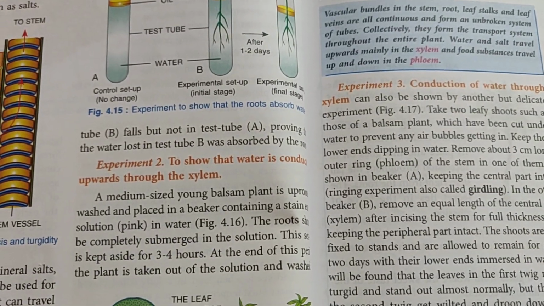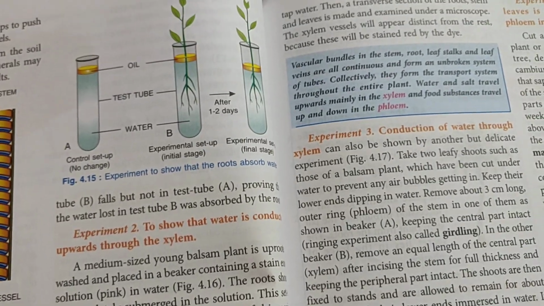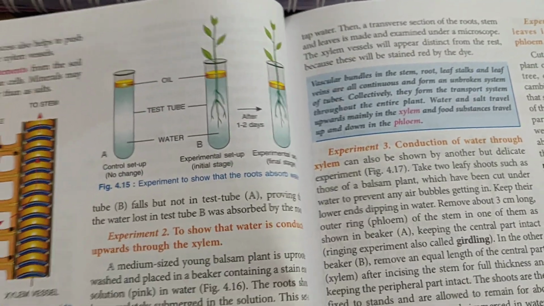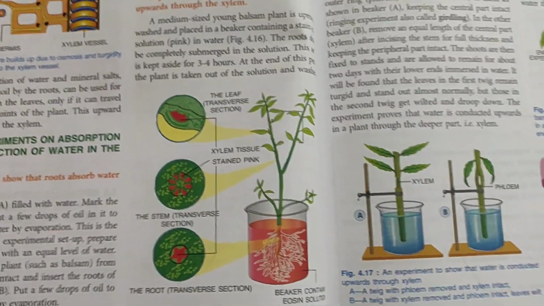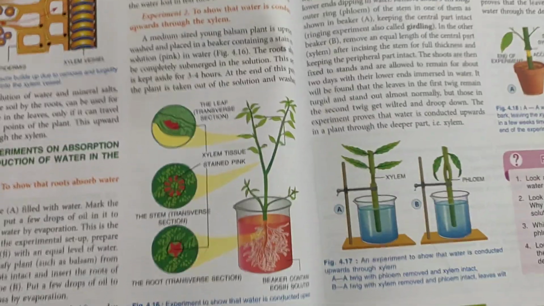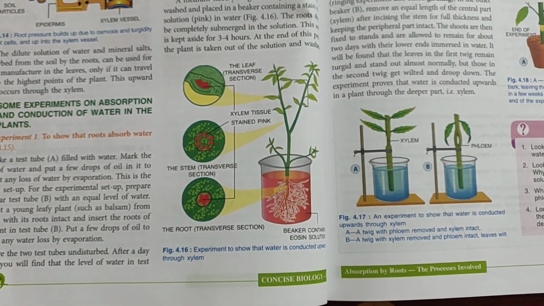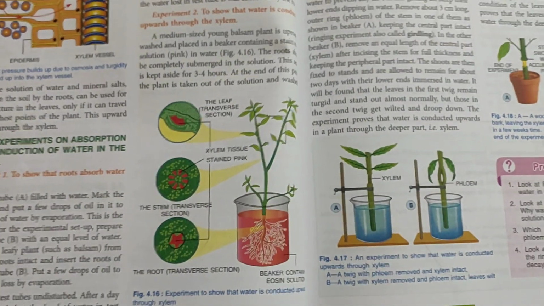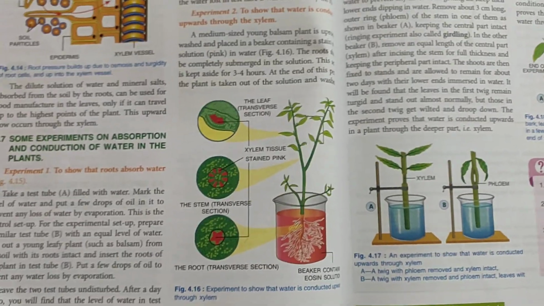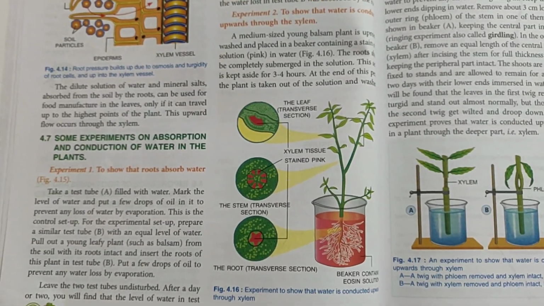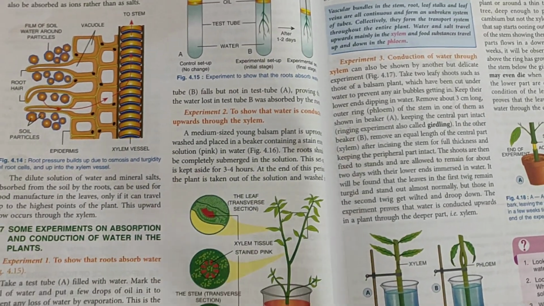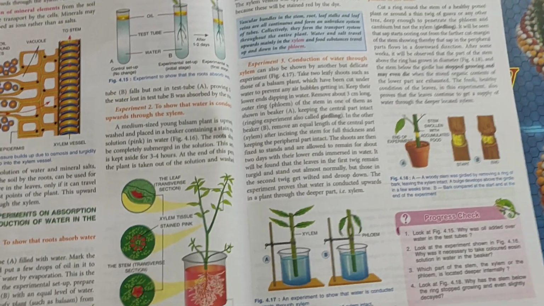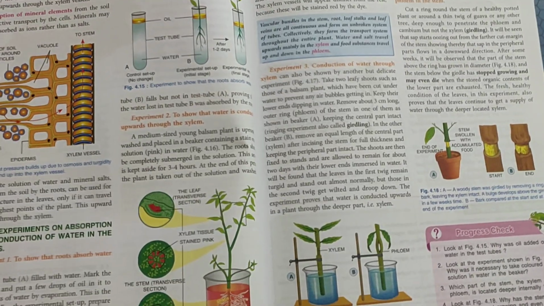Obviously to the plant. So we can say that the root absorbs the water. Next is to show that water is conducted upwards through xylem. To show this, we have to use a colored solution. We take water colored by eosin solution and put it in a beaker, and we put a plant in it. Now we keep it for 3 to 4 hours, which will help in the absorption of water, and at the end of this period the plant is taken out of the solution and washed with tap water,